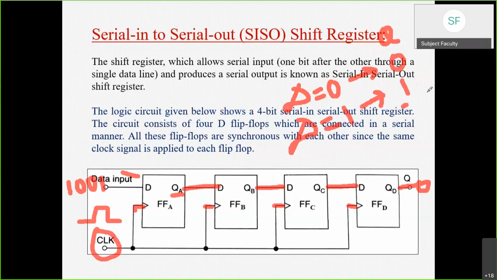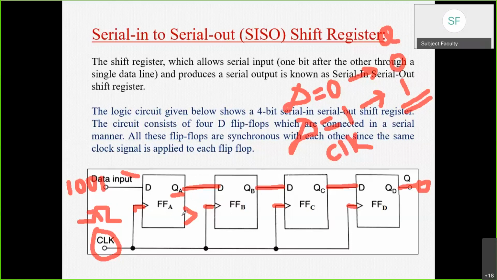Whatever the value of Q, the output will be produced only at the application of the clock signal. Remember that. Otherwise, this output won't be there. In this case, you can observe only one single triangle drawn here, which means it is positive edge triggered. That means the output will change its state at the positive edge. This is your positive edge.